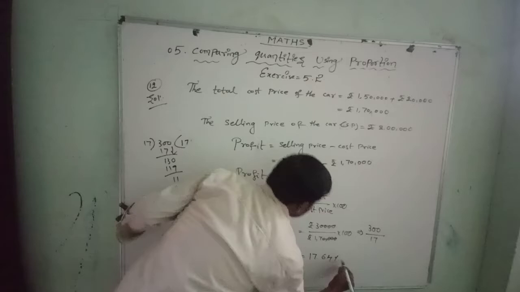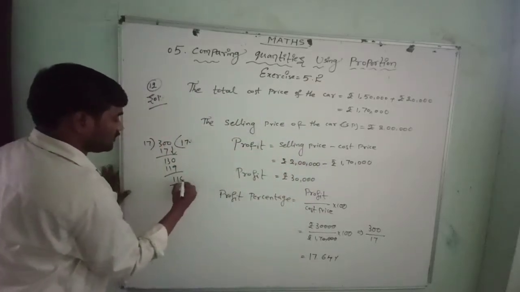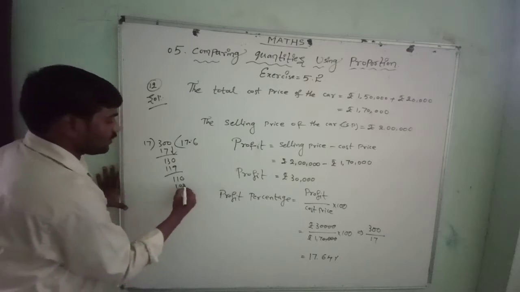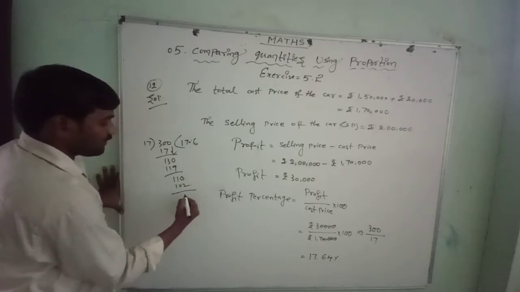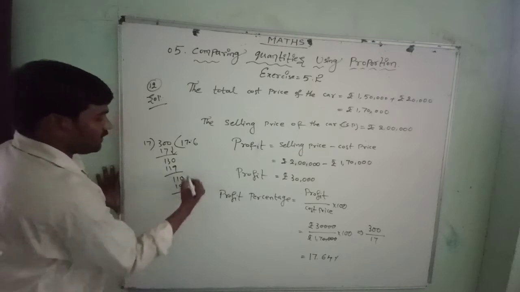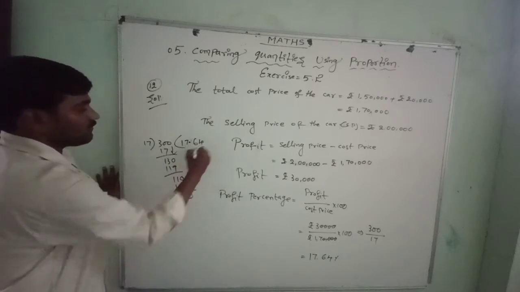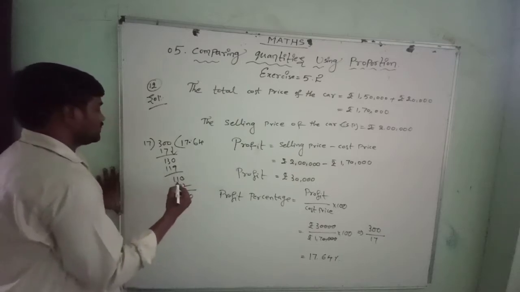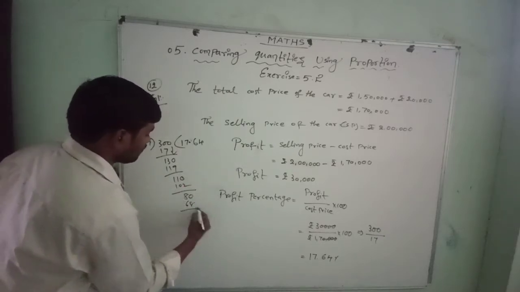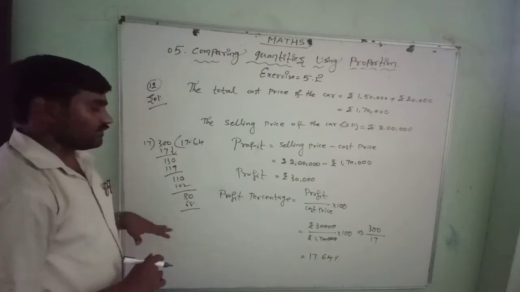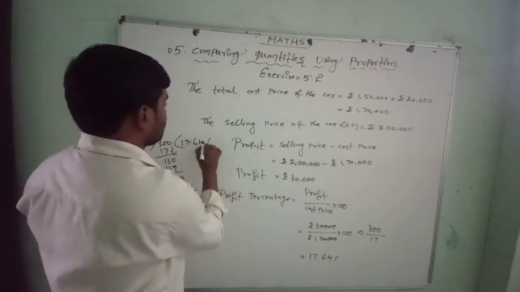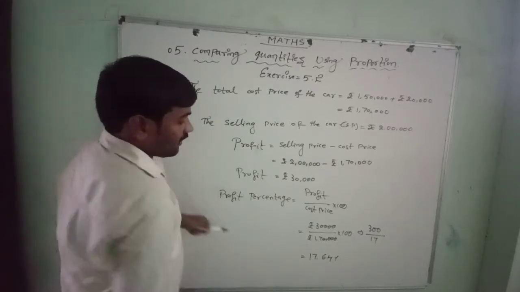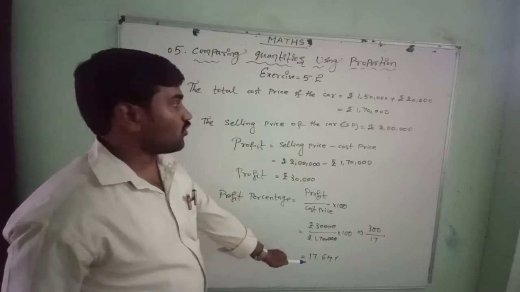17.64%. If we continue, putting the point here and a 0 here, 17 sixes are 102. For 8 it becomes 18, no, 17 fours will be possible here. Then 34, 68. So 17.64% after the decimal, 2 points. Then the profit percent will be 17.64%.